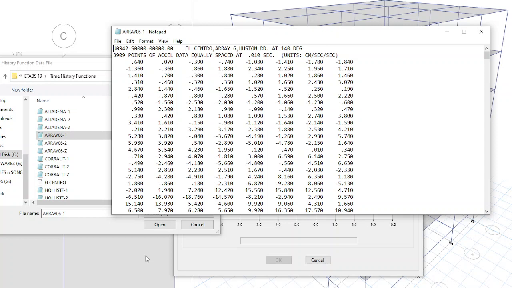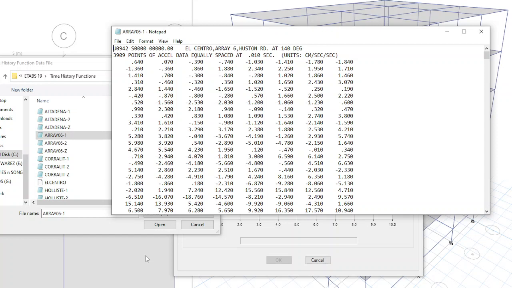And the units, if you see, are in terms of centimeter per second square. So the scale factor will be for the centimeter. We need to convert it to our requirement, whether it is meter or millimeter. That we need to convert as the scale factor. If we are converting centimeter into meter, then the scale factor will be 0.01. Okay, this one I wanted to tell you.